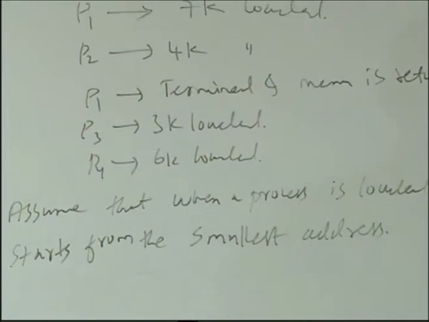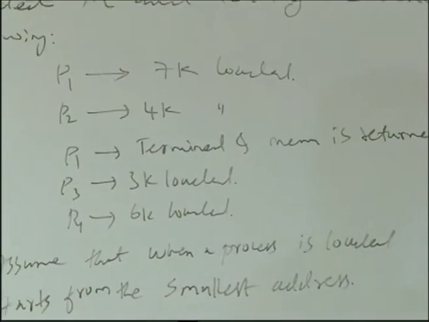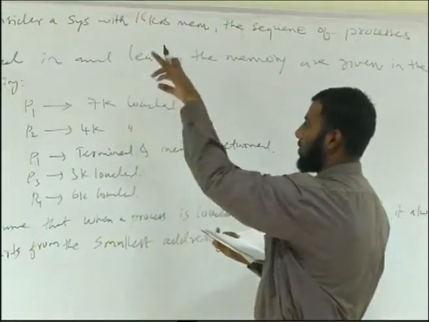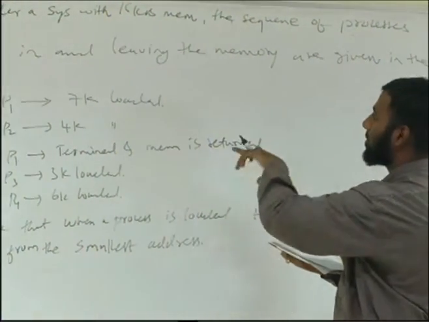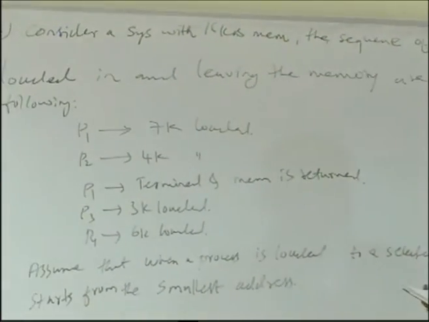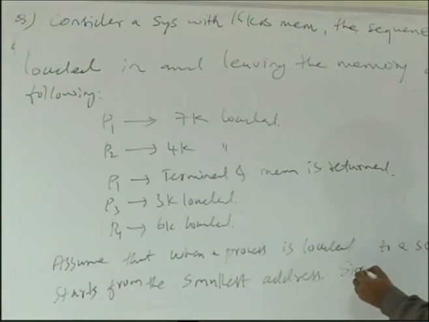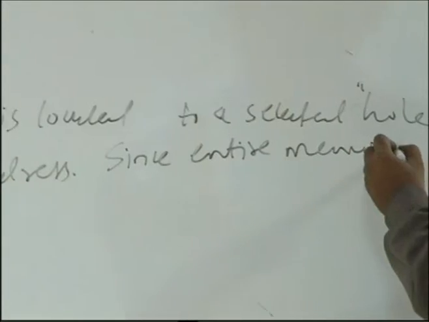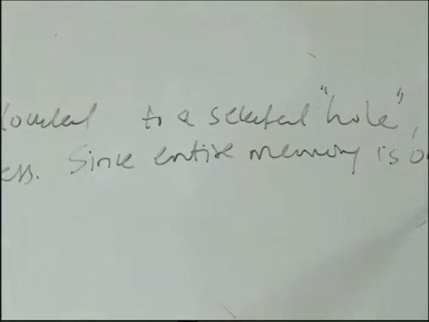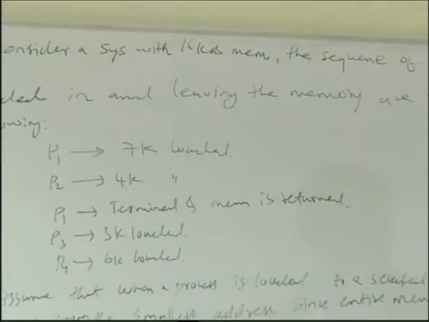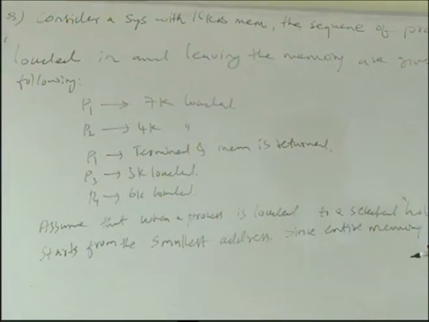For example, if P1 is loaded, then it will be loaded at address 0 to 8 minus 1, which is 7. Since the entire memory is one hole, I will take this. Now this question is very good. Actually, it gives good understanding of this dynamic memory partition as well. So since the entire memory is one hole,